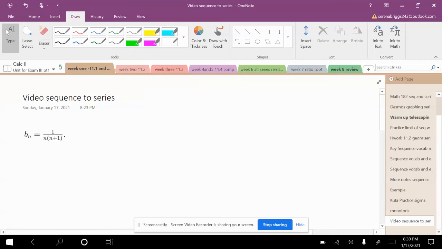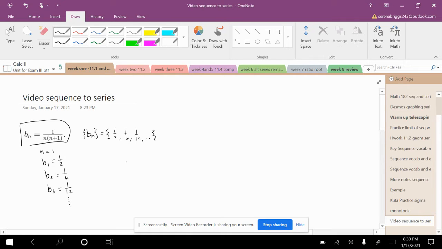to take a look at this sequence. Let's write out some terms. When n equals 1, b sub 1 is going to be 1/2. When n equals 2, b sub 2 is going to be 1 over 2 times 3, 1/6. b sub 3 is going to be 1 over 3 times 4, 1/12, ... right? So that sequence, if I write out b sub n as a sequence of terms, it goes 1/2, 1/6,